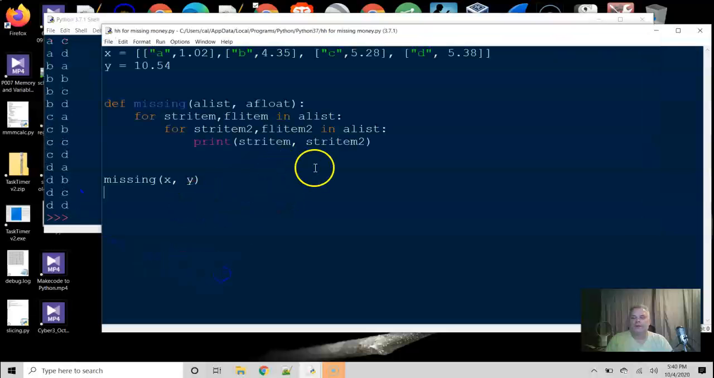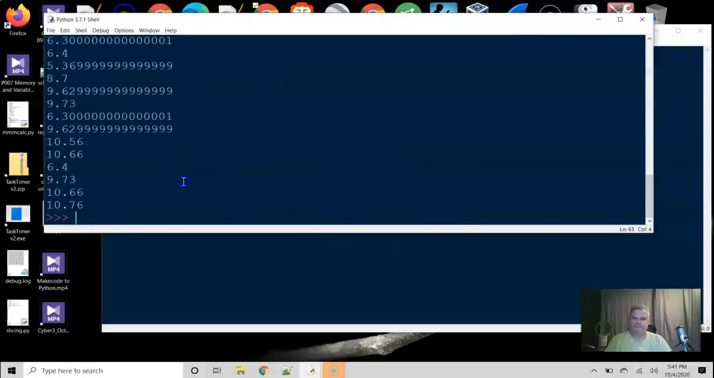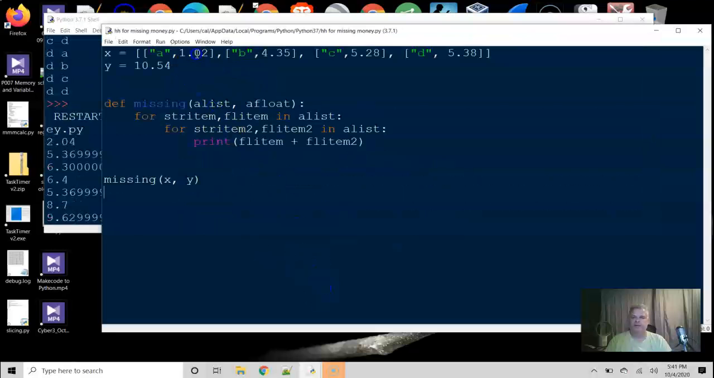All right. And what I could have done, if I'd really wanted to, is instead of iterating through like that, I could have said to print FL item plus FL item 2. Now, that gave me each pair added. So the first one was $1.02 and $1.02, which is $2.04. $1.02 and $4.35 is, wait a minute, it is $5.37, not